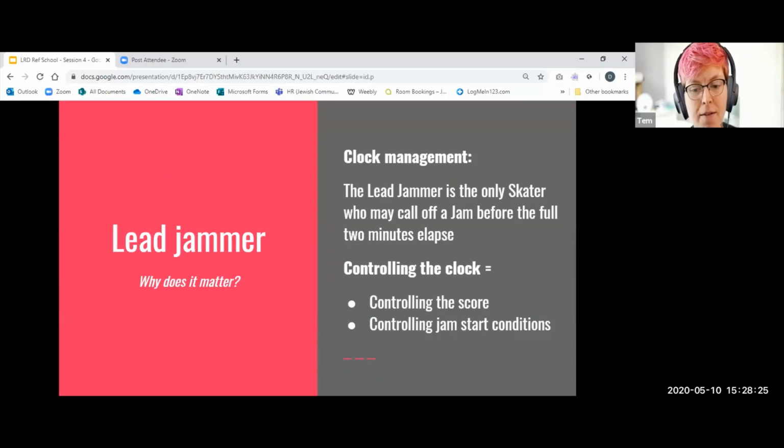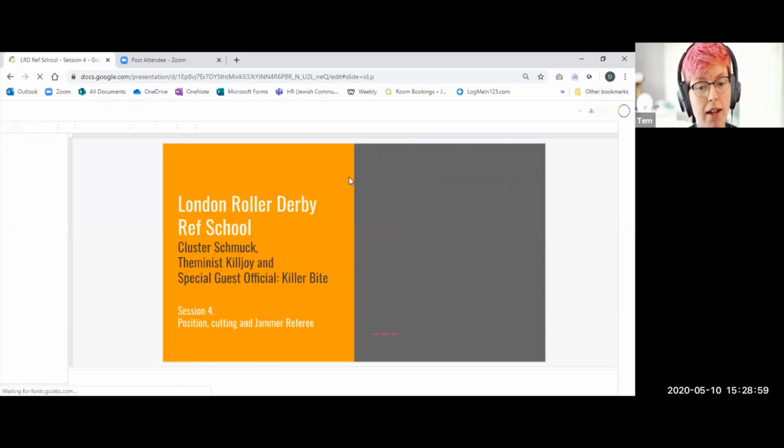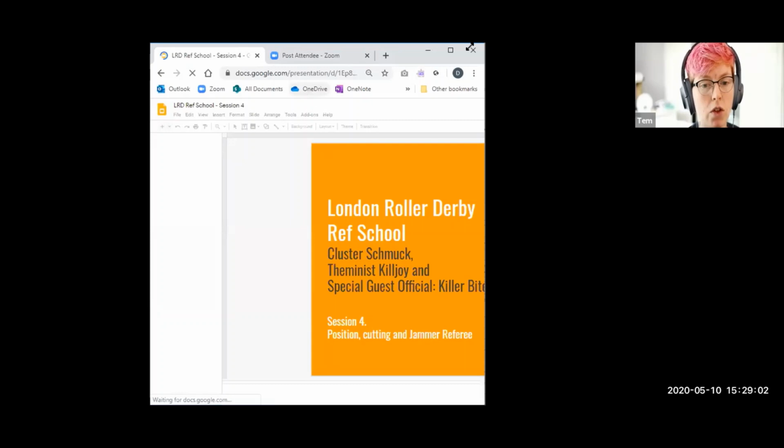This one, yes. So yeah, if you're controlling the clock, you can decide basically how many scoring trips either team is allowed to have. So if you're ahead, you can do what you see people doing a lot, which is earning their first 4 points for their first scoring trip, and then calling it off to prevent the opposing jammer from scoring any points at all. You can also control the score in terms of controlling the margin, because if you are significantly behind and you manage to get lead jammer and you